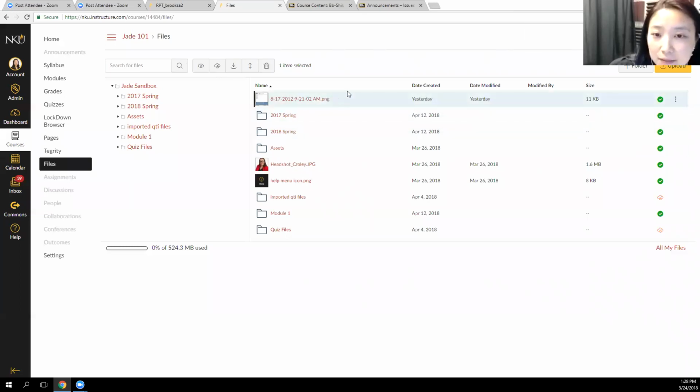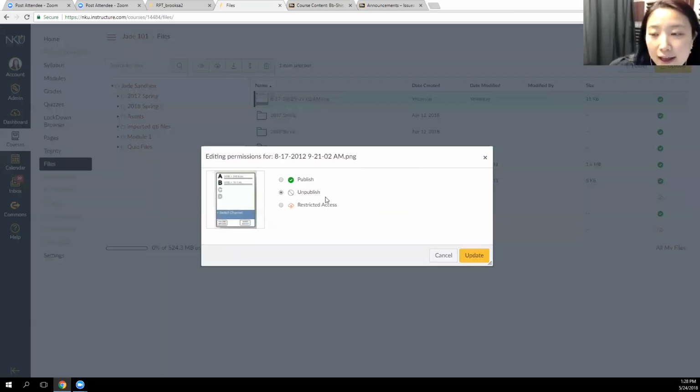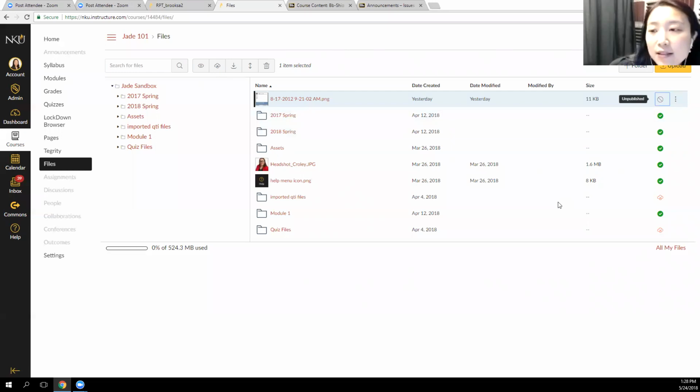Here, we have a basic option for restricting students' access to files or folders, which is this publish or unpublish icon. Published right now, the green circle with the check mark, means students have access to this file. For this kind of icon, students cannot see it, even though the Files tool is available to students. If you want more advanced restricted access to files, what we can do is